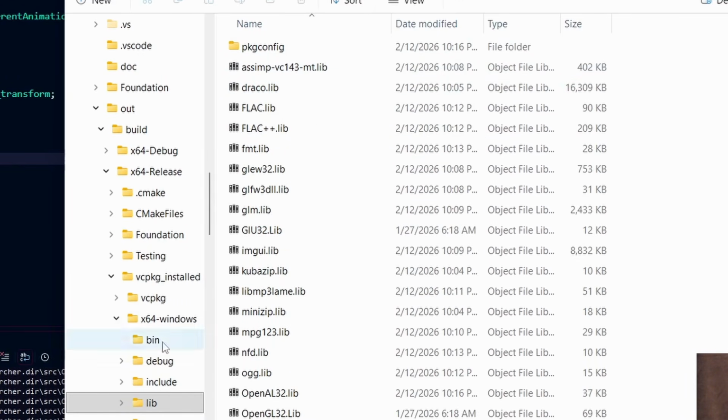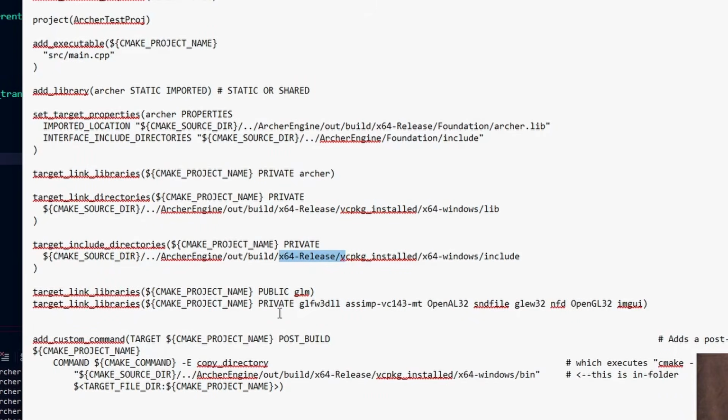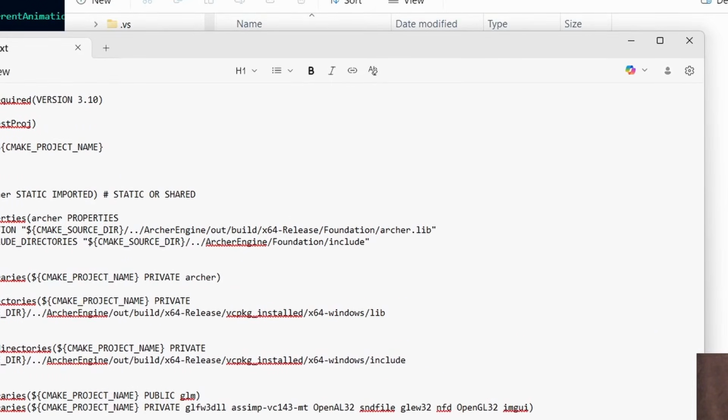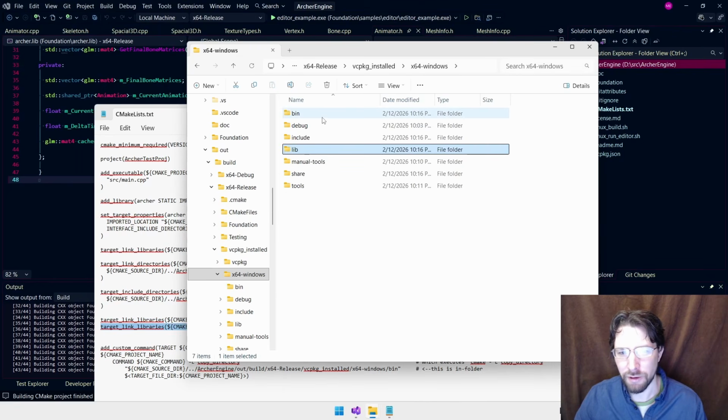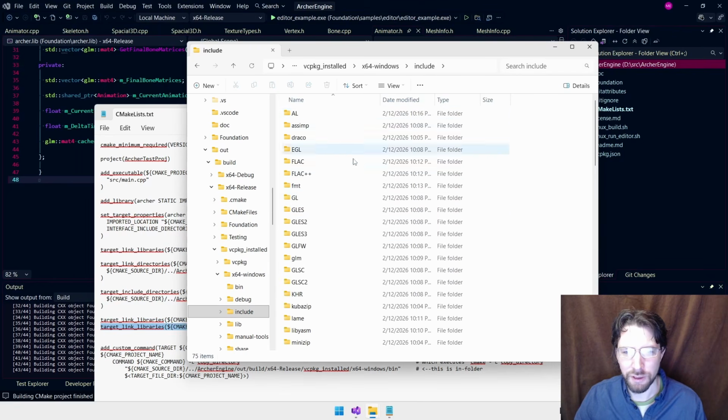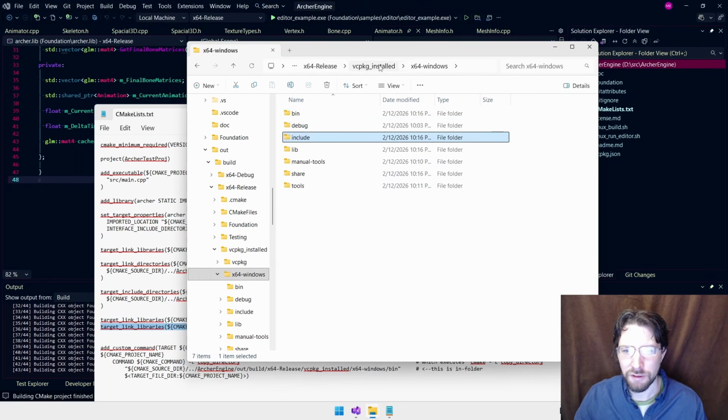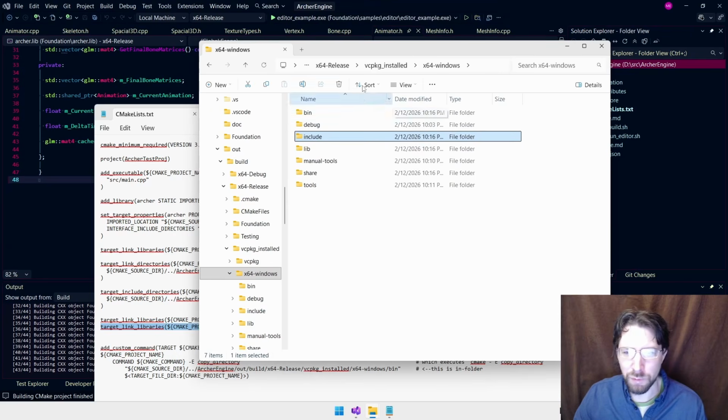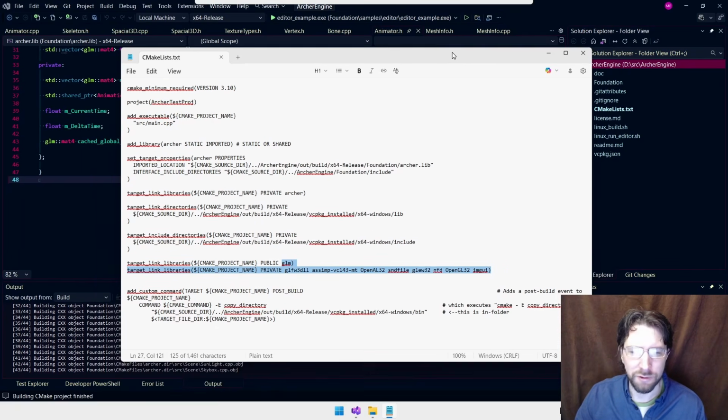When you set up your linking, like this here, these are linking to the .libs. But when it runs, since they are built as shared, at least all these ones here, they need the DLL along with them. And here's that include directory for all those too. So vcpkg, God, I can never say that correctly on the first try, does all this for you for the most part, but you just got to tell it where everything is and have an understanding of it so you know what to do.